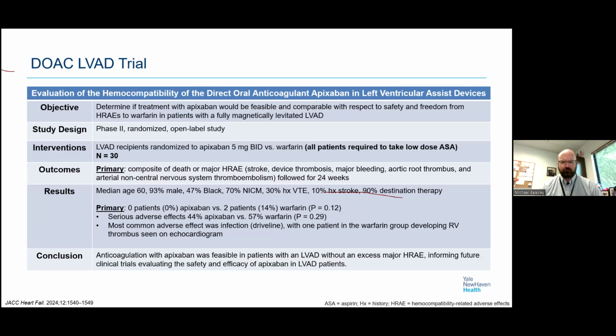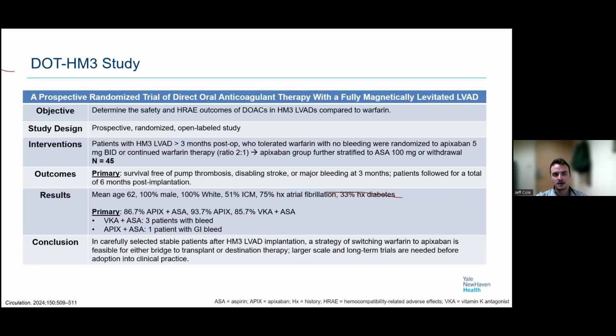So in this trial, the DOAC LVAD trial, their protocol was actually to target an INR of 2 to 2.5. They did report what percentage of patients were 2 to 2.5 versus 2 to 3, so they did kind of parse those out. But for this study, they did target a lower INR. But the two other studies that used warfarin, this one and the apixaban, they did have a target INR of